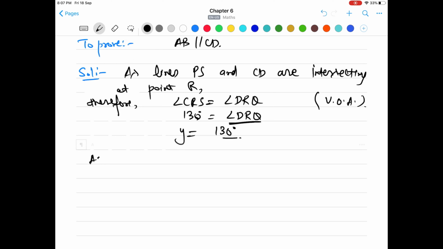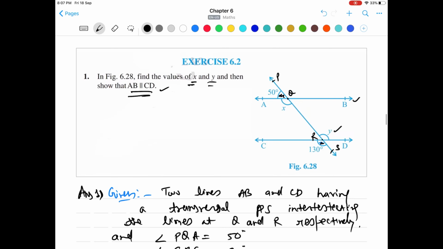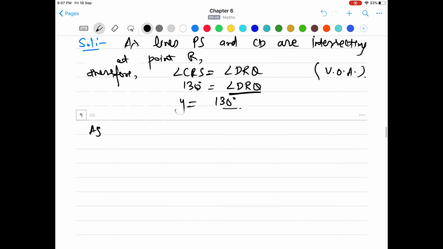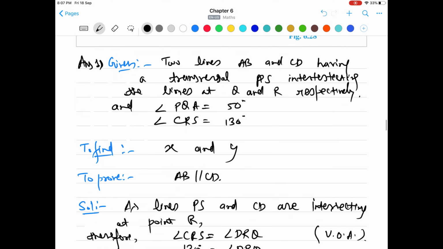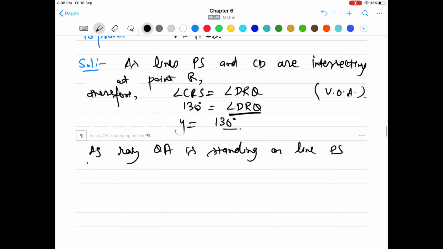So now write as, line AB, we will take this ray PS, and we have PS is a line and we have a ray, this ray QA standing over it. So write as ray QA is standing on line PS, therefore